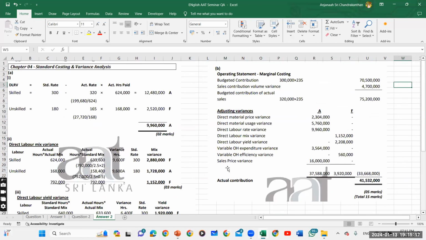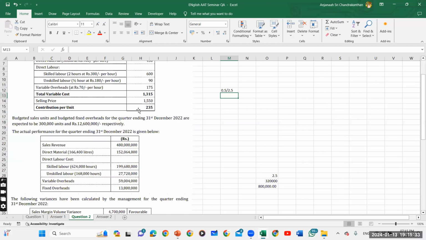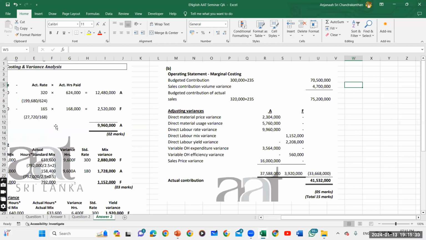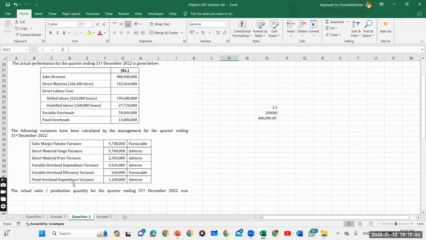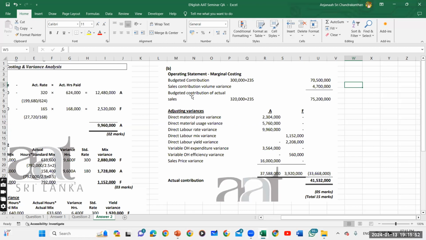Then you are supposed to prepare the contribution and operating statement under marginal approach. So when you prepare the operating statement under marginal approach, you all can see we start with the budgeted contribution. So what is the contribution? Budgeted contribution, it is 235 multiplied by budgeted production 300 units. Then sales contribution volume variance, which is given in the question directly, sales contribution, sales margin or contribution we say, okay, same thing, okay. Then budgeted contribution of actual sales they have given, and then